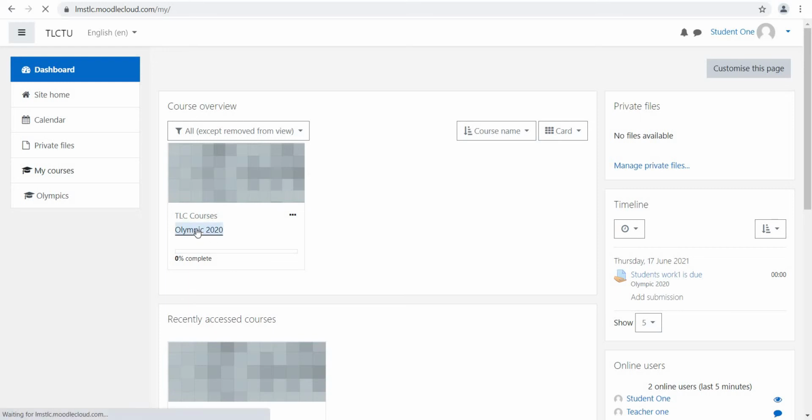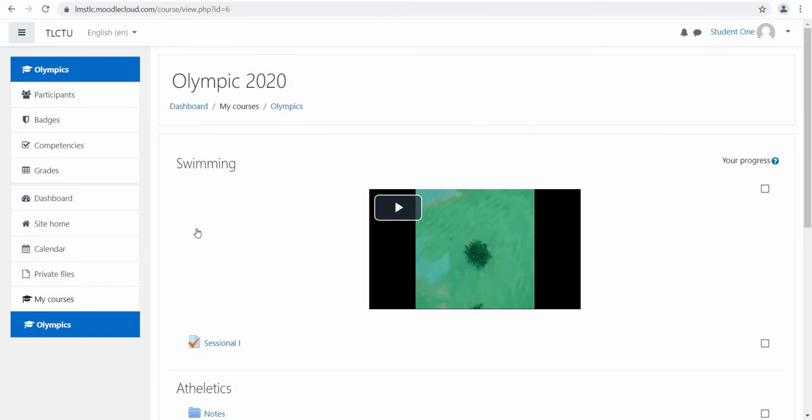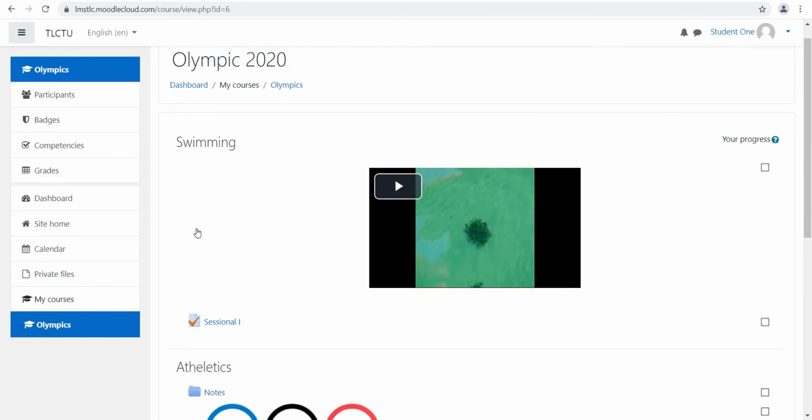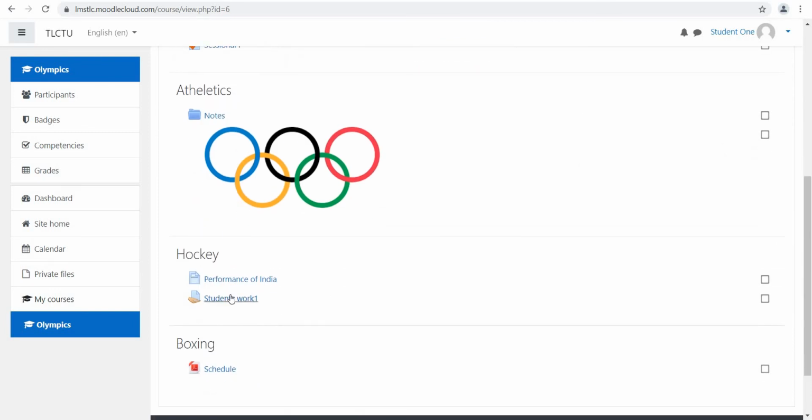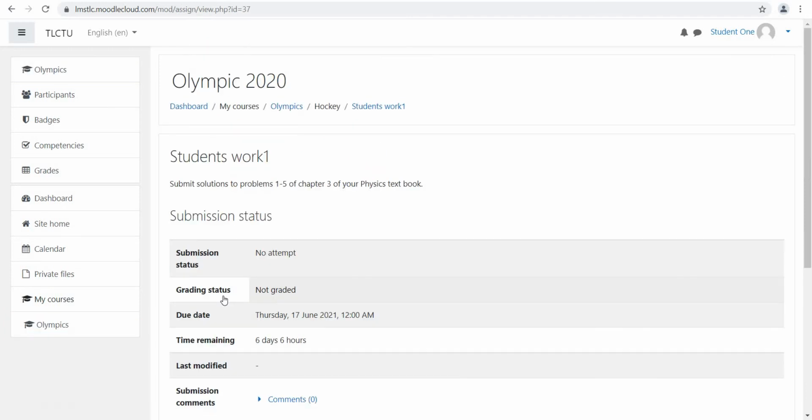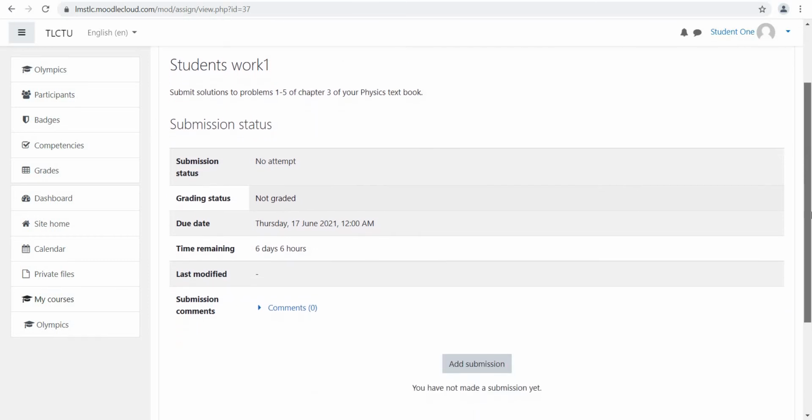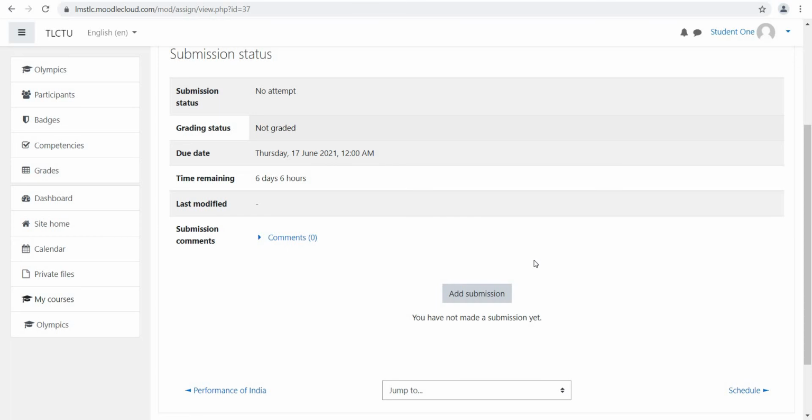Clicking the course name, we shall enter the course as a student, and we can see that the assignment is there on the student's course page. Clicking this assignment, the student shall be able to submit it. Here the student will click the add submission button.